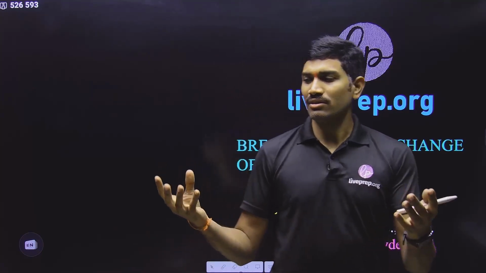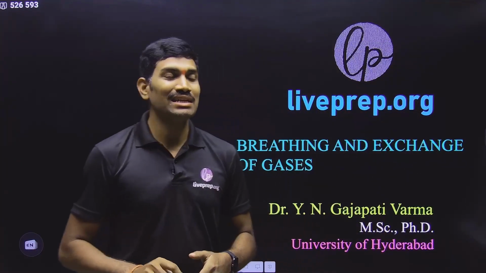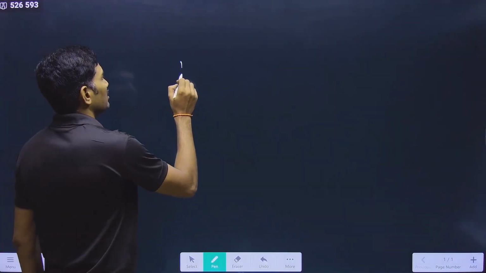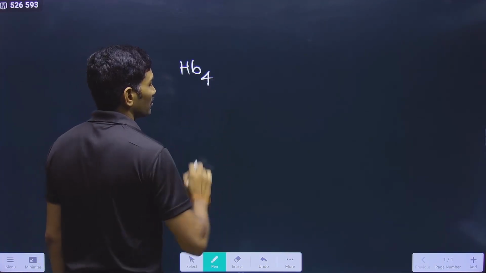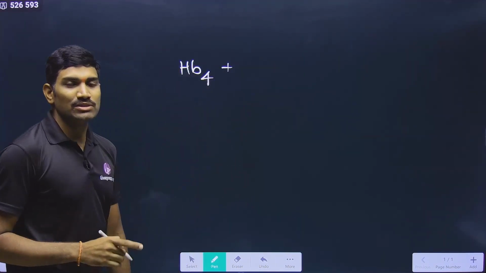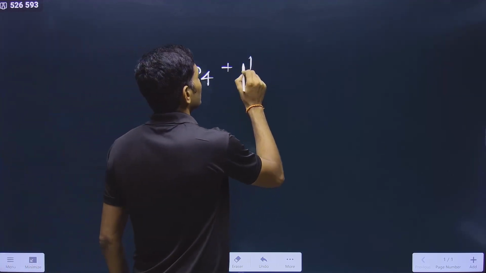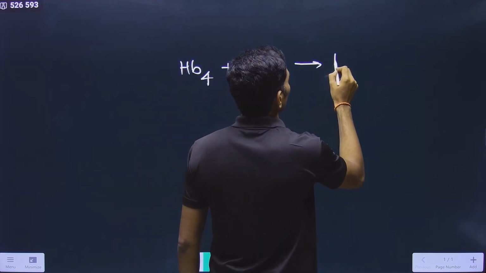Here the oxygen is attached to the hemoglobin, and hemoglobin is generally present as a tetramer. So though we are writing it like this, originally it is Hb4. It is a tetramer, and each one is binding with one oxygen. Since it is a tetramer, overall it is binding with 4 oxygen molecules. So that's how it is forming